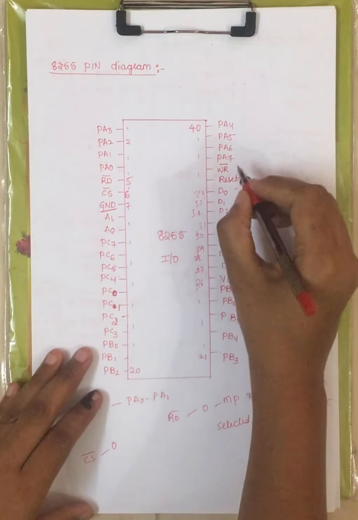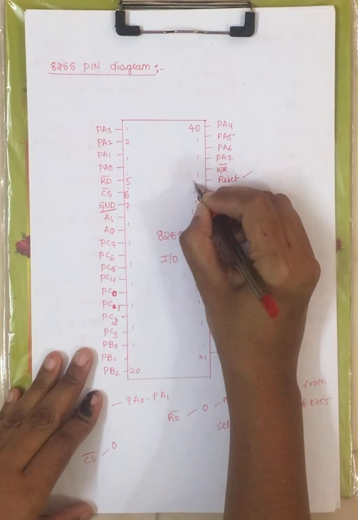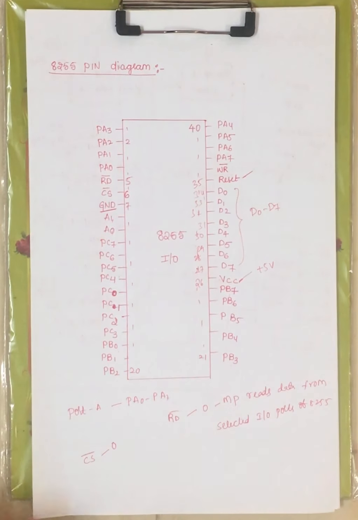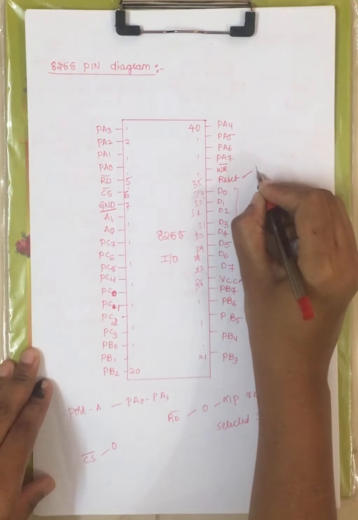to D7, right? And next we have reset pin. The 35th pin is your reset pin. Now this is an active high signal, right? Now when it is logic 1,